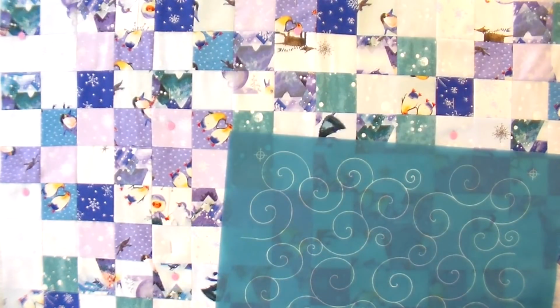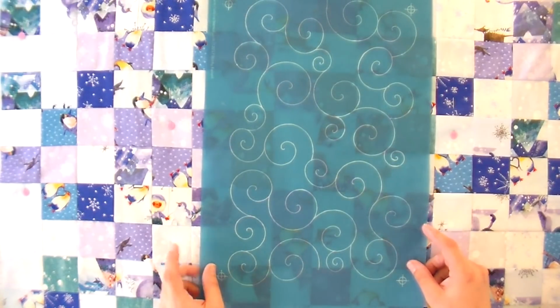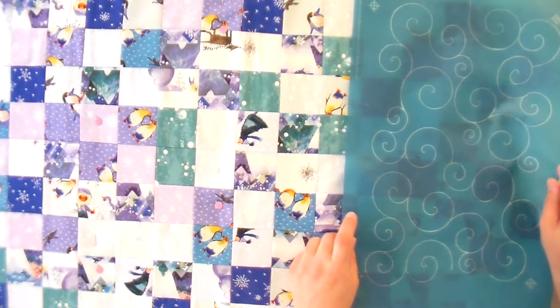Okay, so you would not want to mark this entire top all at once. That would not be a good idea because you are going to end up wiping off the chalk as you're working with it. So what I'm going to do is mark it going top to bottom. And since this one's so small, I'm just going to start on one side and work my way over. And what I'm doing here is I am lining up